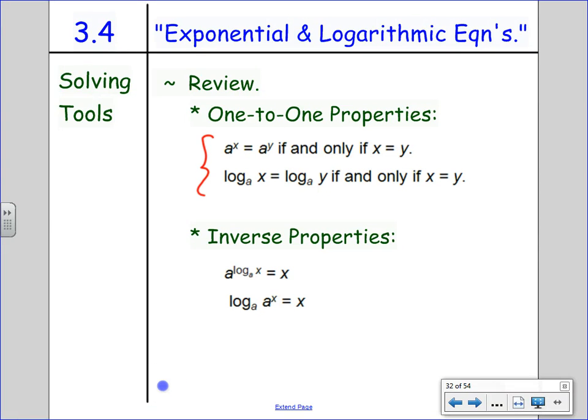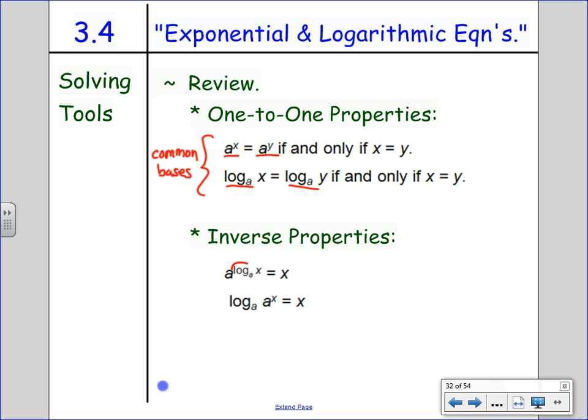I have to have common bases, right? If I don't have common bases, whether it's for the exponentials or whether it's for the logs, I have to have common bases. But then you guys like the one-to-one property because he should be super easy, right? The inverse property, well, he's a bit more tricky, but remember,